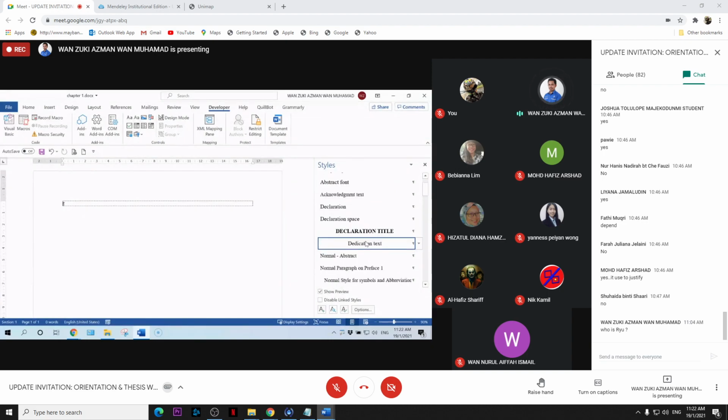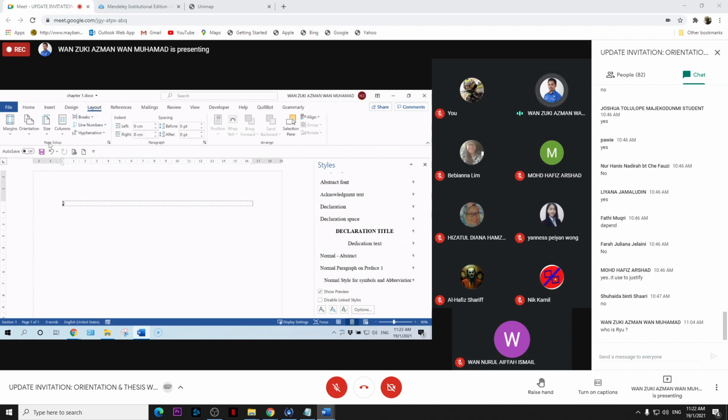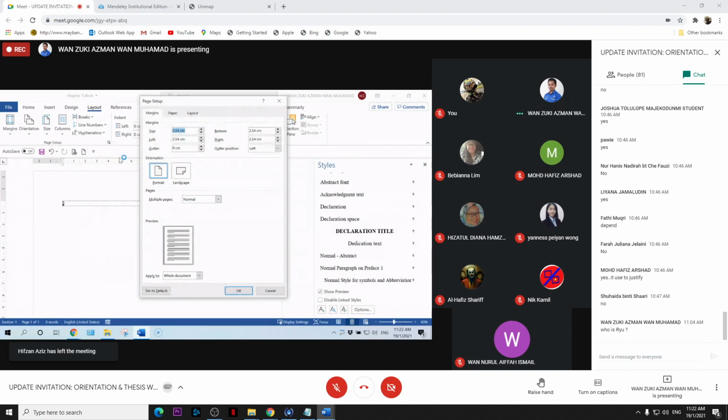So now you have the style in this document, and then you format the margin of the thesis. Go to layout, and you see the page setup here with the arrow. Then you format.